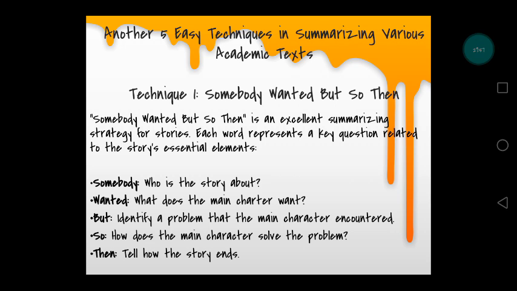So, each word represents a key question related to the story's essential elements. So, pag sinabi somebody, who is the story about? Okay? Next, wanted. What does the main character want? And then, but, identify a problem that the main character encountered. Next, so, how does the main character solve the problem? And then, then, tell how the story ends. Okay, so here's an example of,